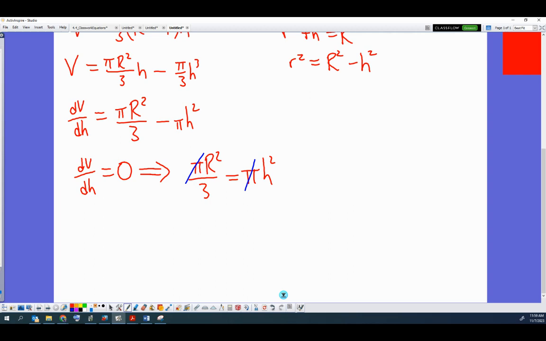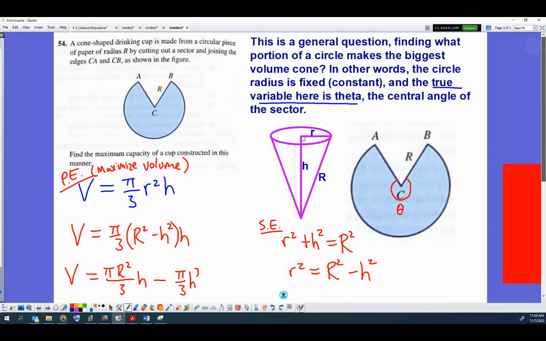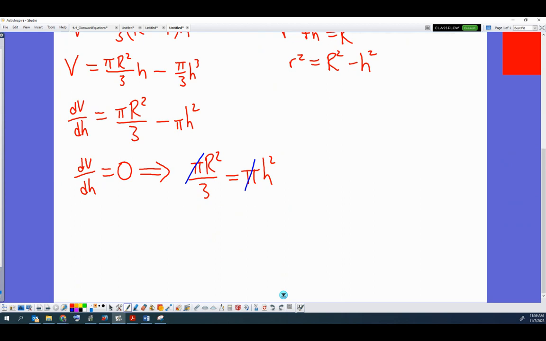What did the question ask for? The question asked for the maximum capacity, the maximum volume. So whatever we get for h, we're going to need to plug back in to our volume function. Okay, so just keep that in mind. So h is the square root of big R squared over 3. So it's big R over the square root of 3. We don't care about a negative square root because we're dealing with measurements here. You're not going to have a negative height in our cone. So that's my optimal h. The optimal height of my cone is the radius of the original sector divided by the square root of